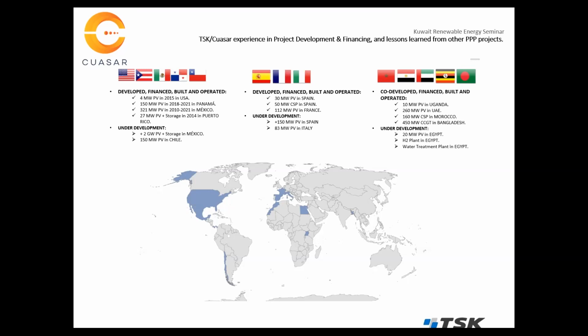In 2014, we also jumped to the Caribbean, to Puerto Rico. We developed and built a 27 megawatt PV plant. We are these days also focused there on a tender performed by the electrical company. All this experience that I just explained is based on our own experience in developing. Then on the right side, the upper right of the slide, you can see other projects that we co-developed, financed, built, and operated also. The most important ones have already been explained by Alan, the ones in the UAE and Morocco. So I think I can move to the next one.